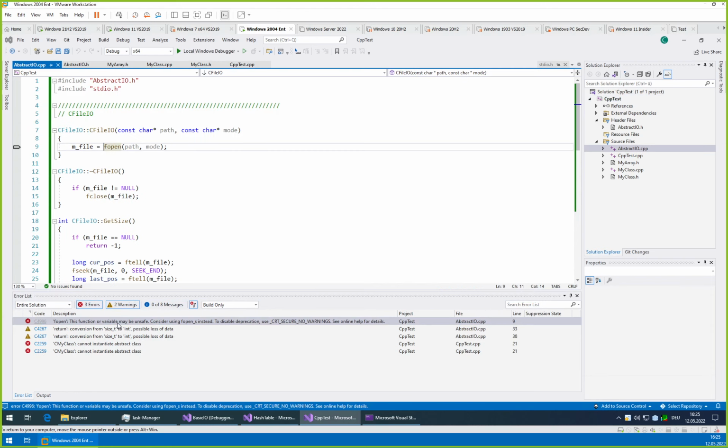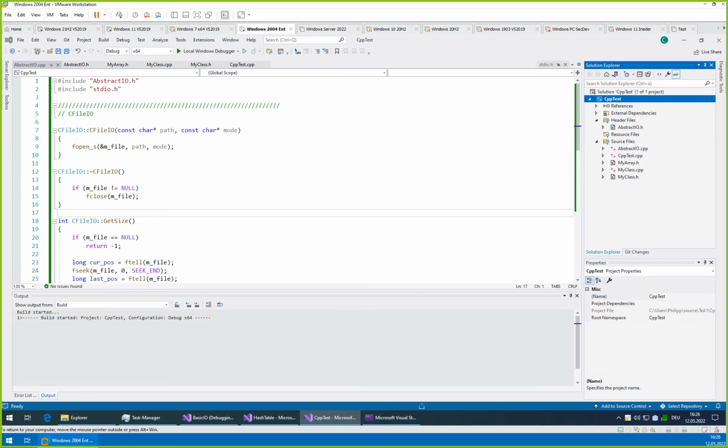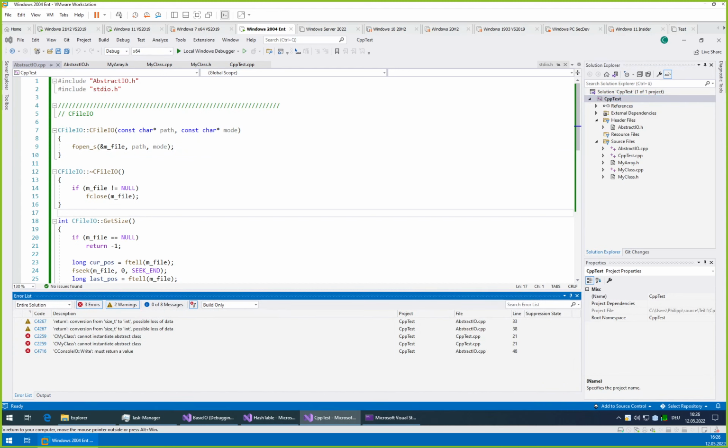Okay, wait. What was it? Underscore s. Okay, this one has a different syntax. Reference s, file name. Okay, why they want it differently, who knows? I mean, that's documented somewhere why they still have an s function for this.